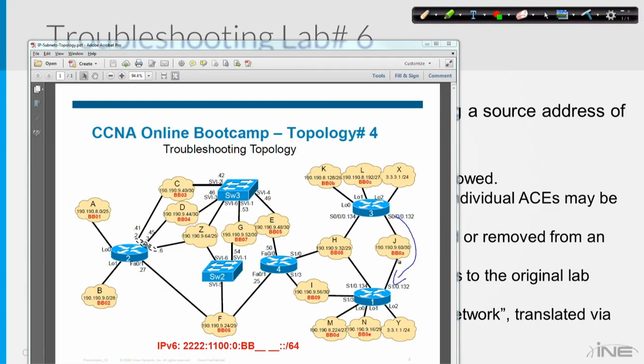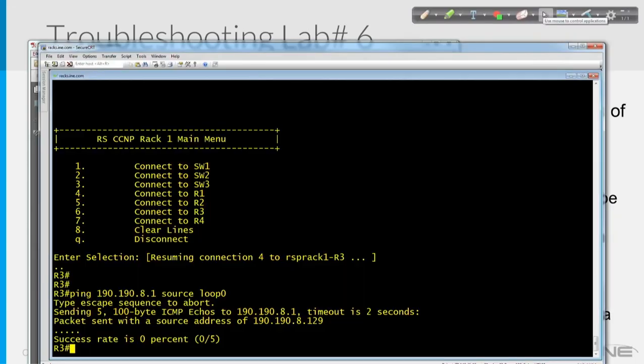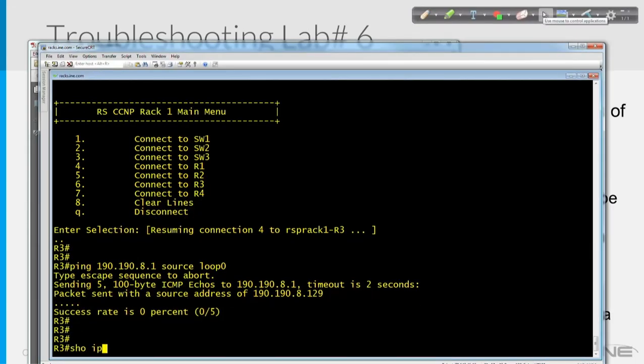So the first step in our troubleshooting is to make sure that router 3 actually has reachability to router 1. Let's see, when router 3 does his pings to network A, what does his routing table say? Where is he supposed to forward those packets? Hopefully he's supposed to forward them to router 1. So let's just check that out. So we go into router 3, show IP route,